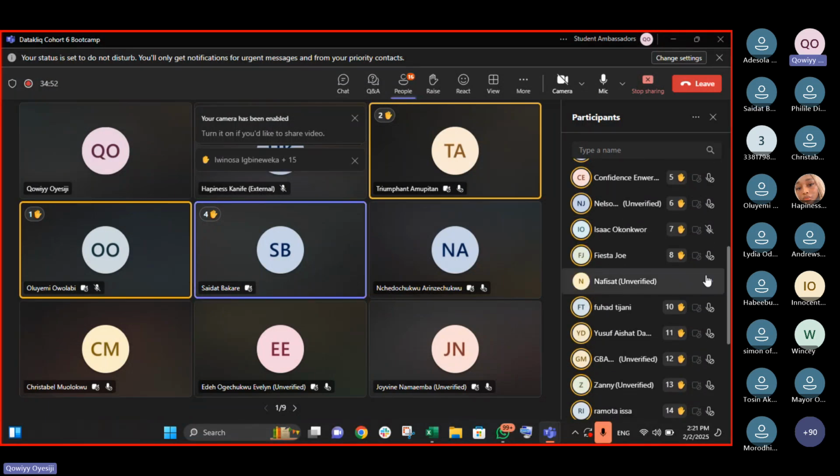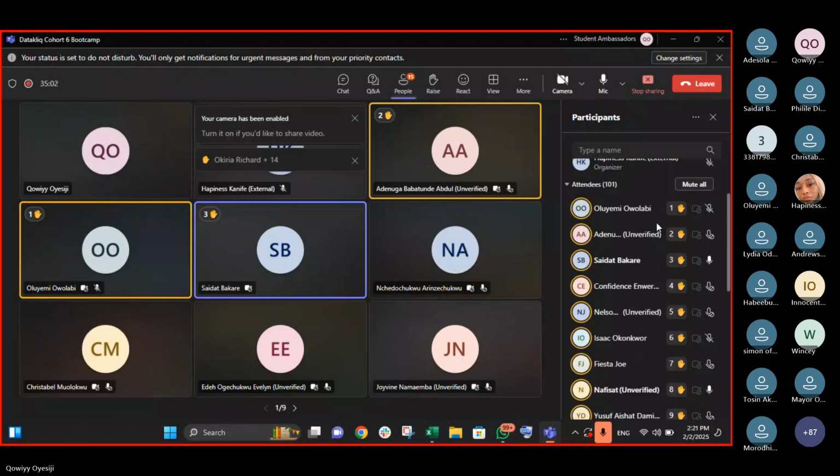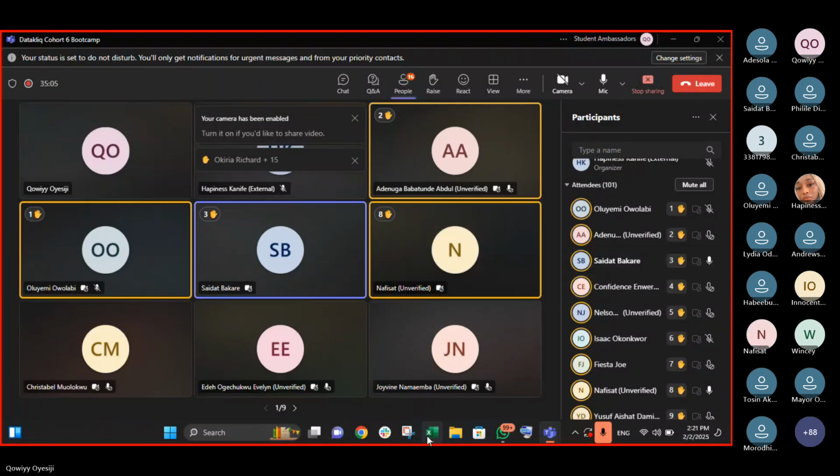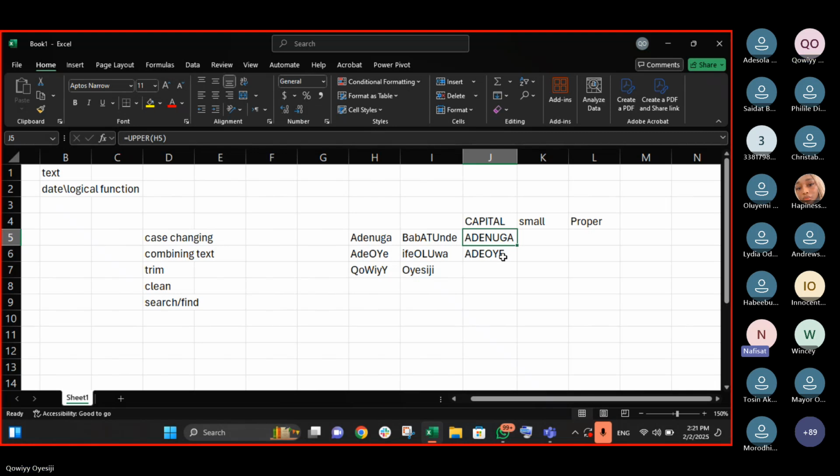Nafisa, I think I saw you in classes today. Can you tell us? Good afternoon. I'm not sure I know it too, but I think it is autofill that I heard you say yesterday. I don't know the other one. Yes, that's what I want. And where is the autofill? I explained where you are going to see the autofill. Yes, you did. Where is it? That plus sign. Yes, you click on it. Once it is bold, then you drag it down. Thank you so very much.